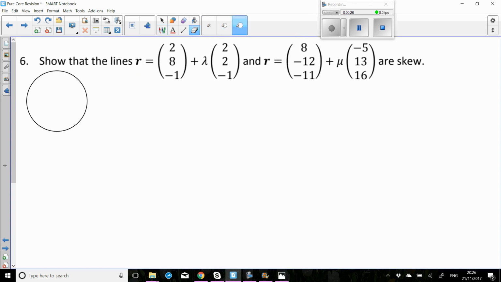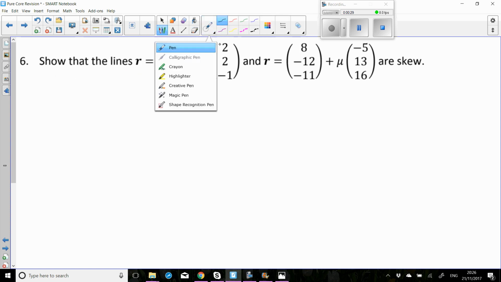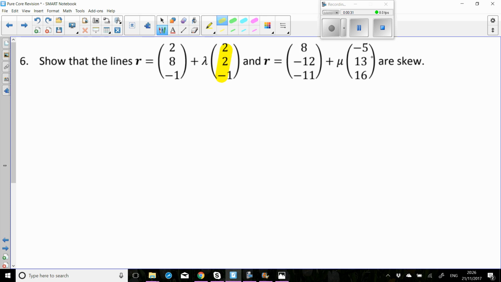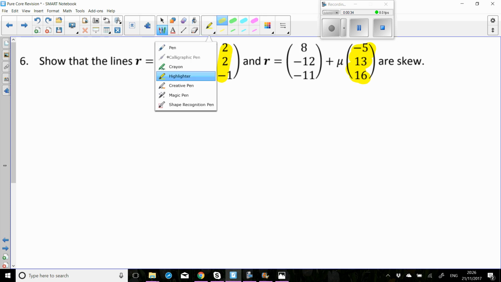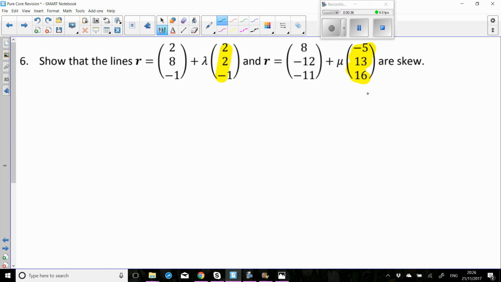Right, so what's going to happen is, first of all, we can have a look at the direction vectors. So we can say straight away, just by looking at those, two are not parallel, they're not scalar multiples of each other. That means maybe they intersect. Now if they intersect, that means there's a point on the line where the x, y and z coordinates would be equal. So from this first line, 2 plus 2 times lambda must be equal to